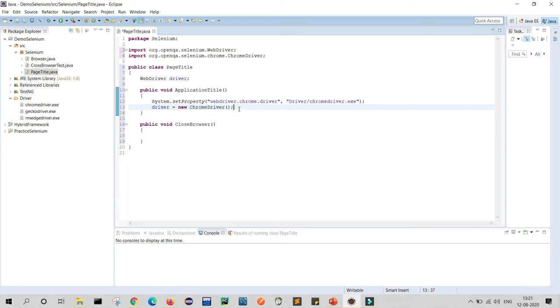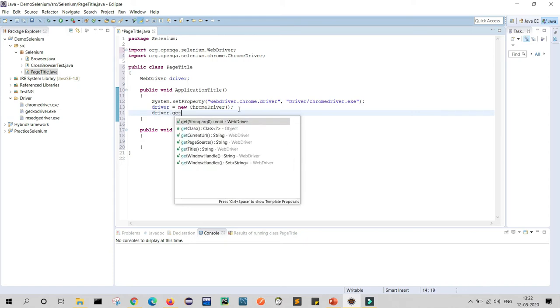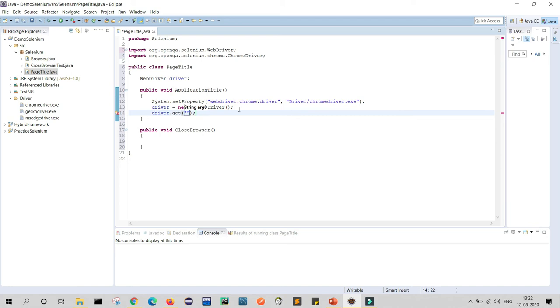Now we will launch our web application. For this we will write driver.get, and here we will provide the web application URL. You can use your own project URL. Otherwise, for practice purposes, you can launch any website or web application.